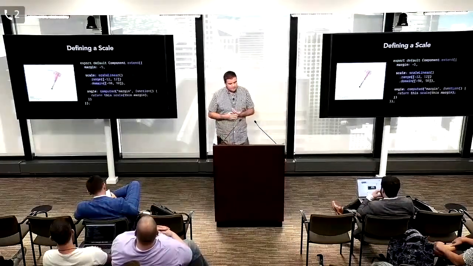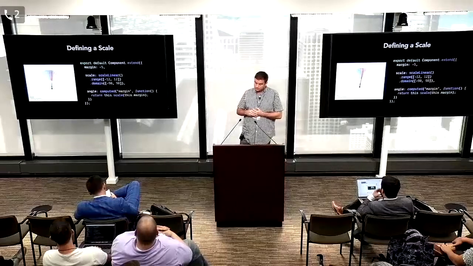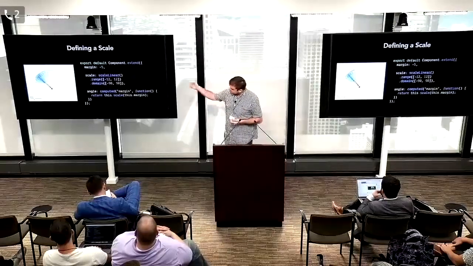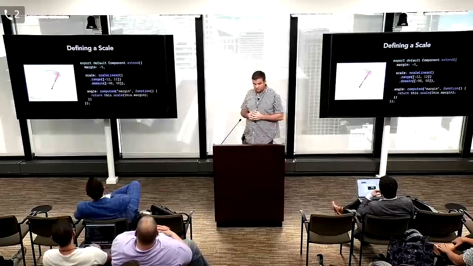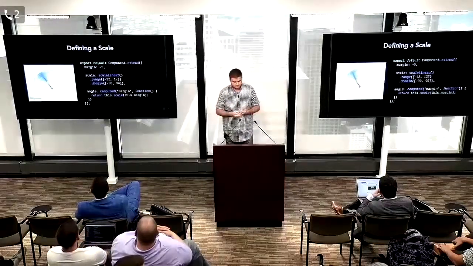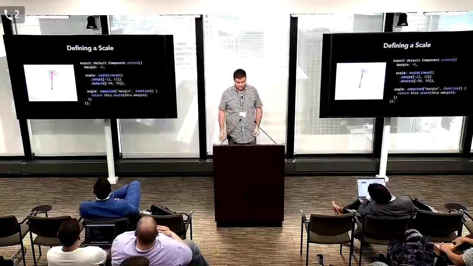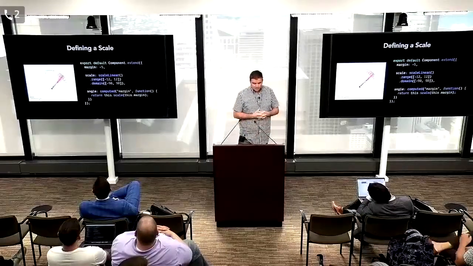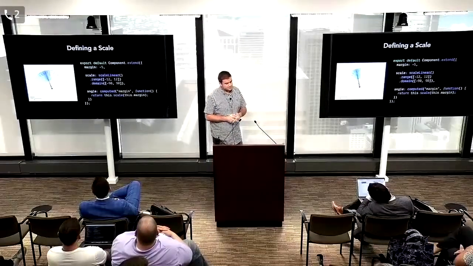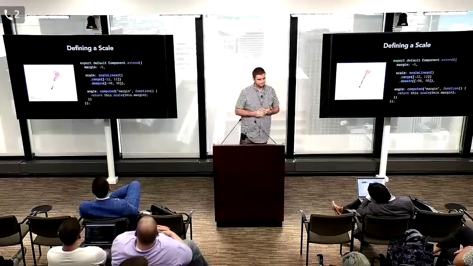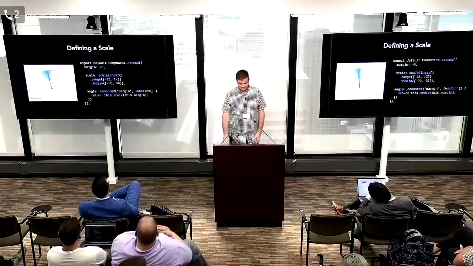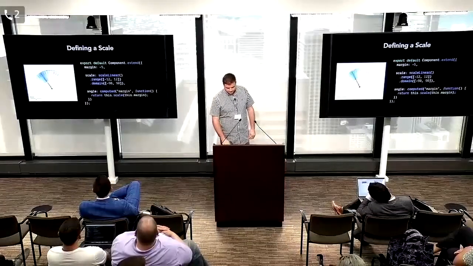Using this inside of our component, the easiest way to do this would be to just pop that scale onto a property called scale. It returns a function, so this is just a function being assigned to the scale property. And then we'll create a computed property that uses the margin as its input, and it's going to output the angle. It's a great place to use computed properties. All right,